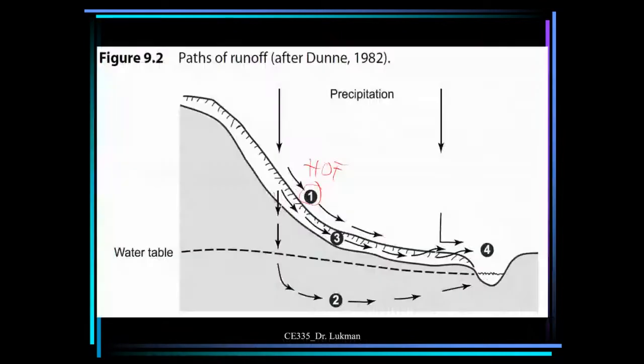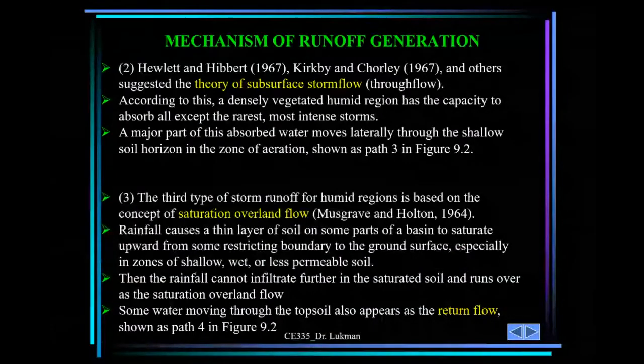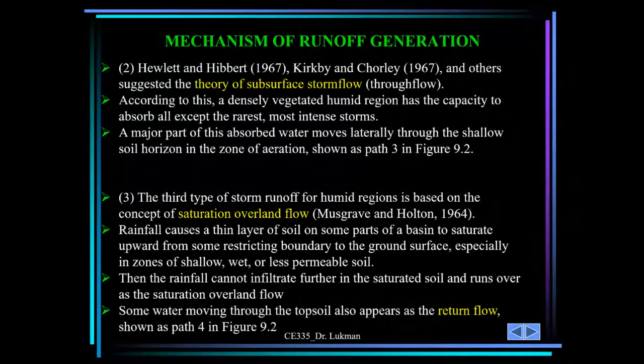So here, let's go to figure 9.2, path 3. Here it is saying that it will absorb most of the water except the rarest and most severe storm, and then it will flow just beneath the earth's surface in the zone of aeration. Then it may come out as through flow and join the stream flow. So this is the second mechanism. The third one is discussing